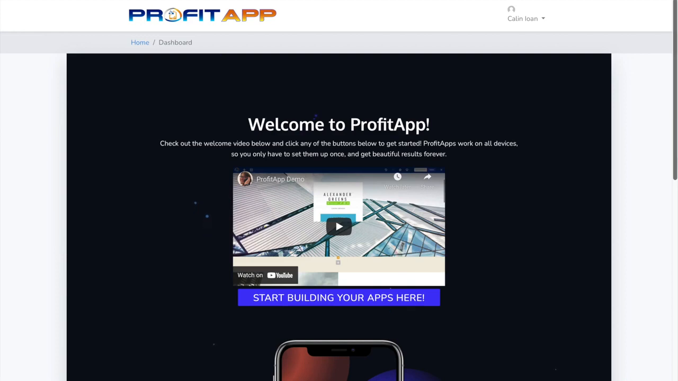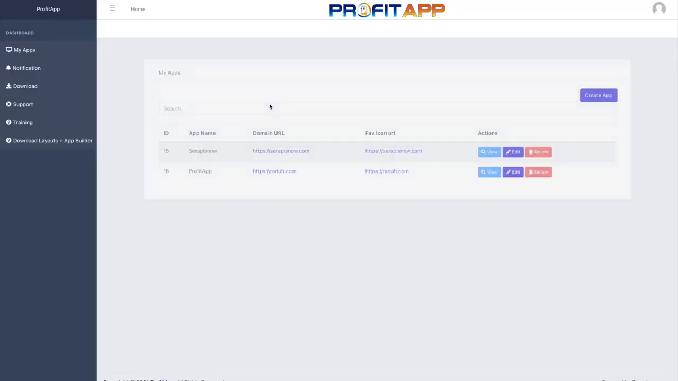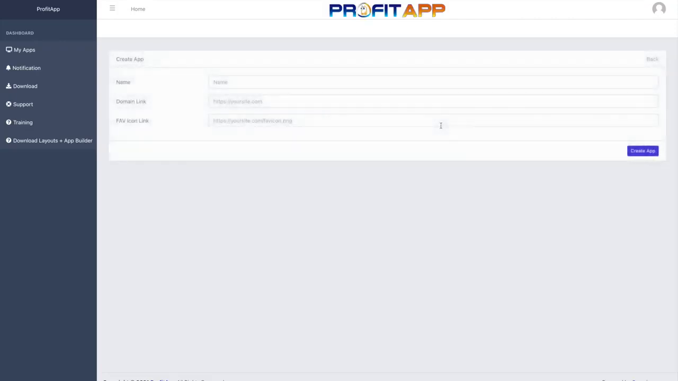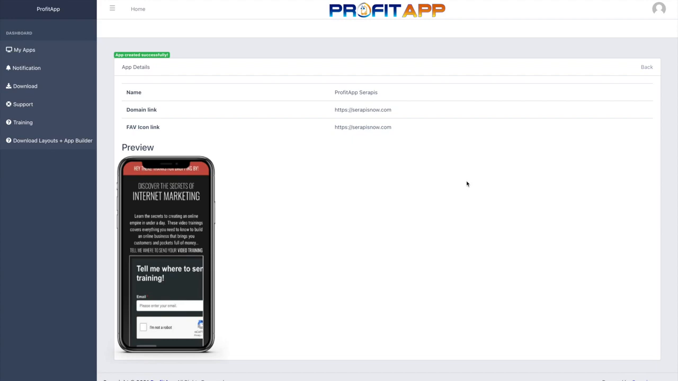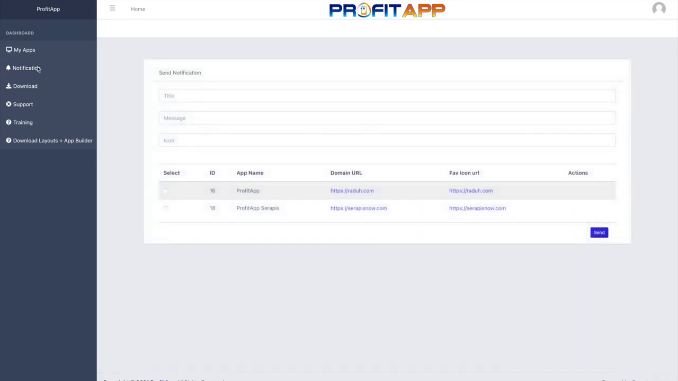Creating an app with ProfitApp is as easy as logging in, going to start building your apps here, and then simply putting in your website. And if we go right here and put in any website, we can see the app right here, and from now on it's completely integrated with ProfitApp. So all we have to do is download the file, upload it into our website, so at https://serappisnow.com, and it's done. We can send notifications, users can download the app on their phones, on their desktops, wherever